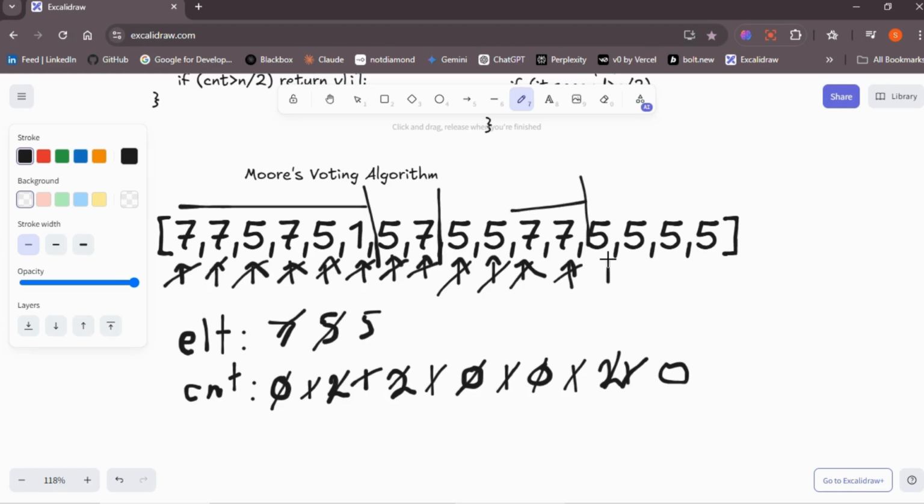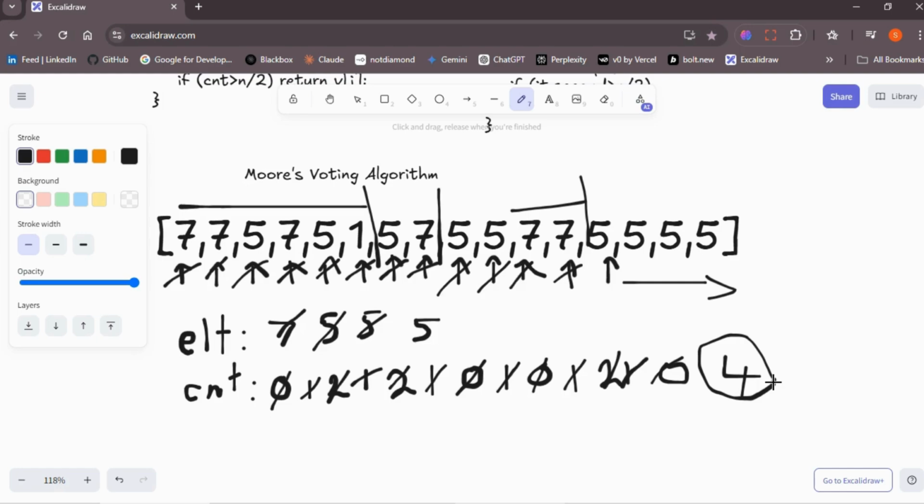So we are going to the next element 5. We are going to change the element to 5, and we are going to increment the count of this 5. So if you do this as such, you will get these elements as 4. So the count is going to be 4. And since this is the final count 4, what we are going to do now is to check if this is